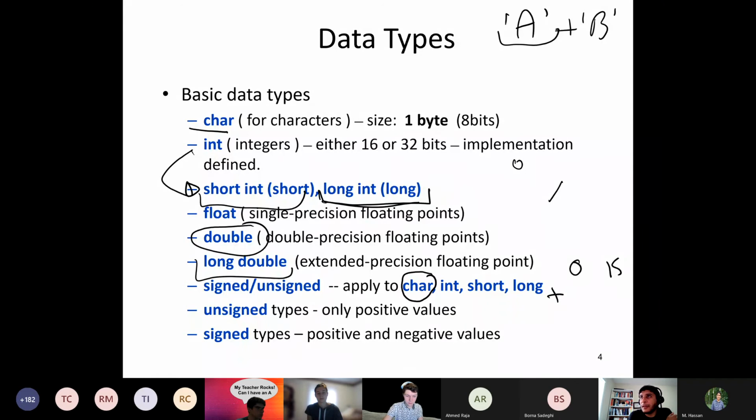How to interpret these values, whether they are signed or not, might cause a difference in the result. What do I mean? You can write a program. I don't want to jump into this now because later on we will touch on how a character is represented as an int. But simply, you can use a character and then use some integer operations on it. The result of those operations will depend on whether your values are signed or not, and then the result will change.